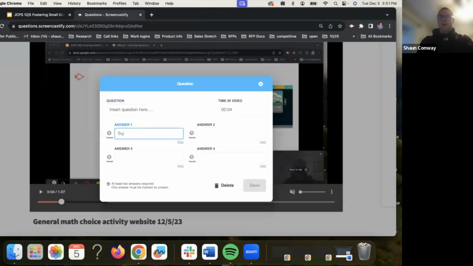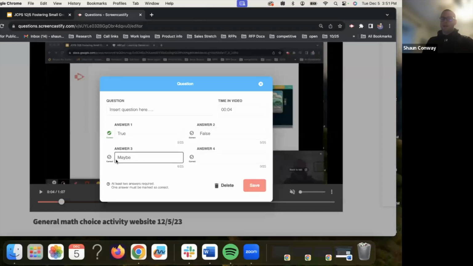Right now, we have the ability to support true, false, or any multiple choice A, B, C, and D responses. We are currently building, and I just got confirmation from our VP of product that within 90 days, we are going to have expanded question options that include short answer, long response, and some additional functions and features within questions as well. So we're really pumped about that. But at this point, you still have a ton of ability to add these questions in. And Kathy, I did see your note, and I will touch on that in just a second.